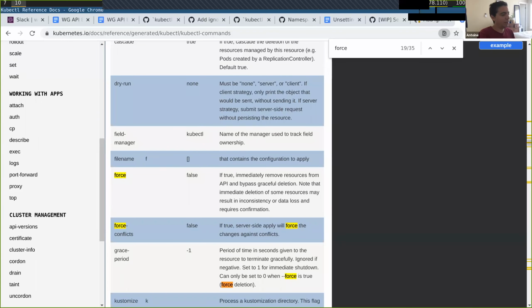Yeah. I don't know about that. Also for apply, do we... using force with server-side apply would mean we remove the object and recreate, which would lose all managed fields, and that's intended? I mean, it would be necessary because you would have to do it anyways, I suppose. Okay, so